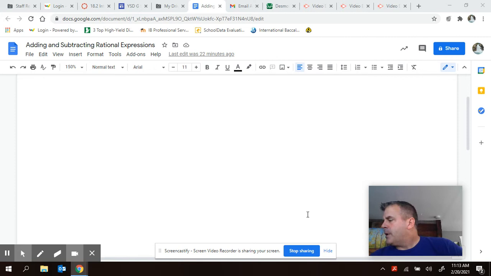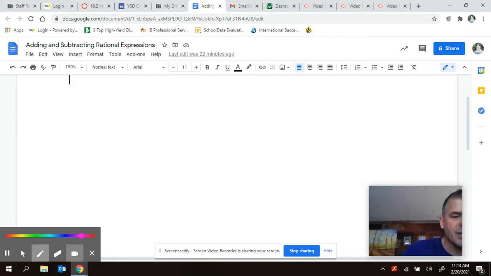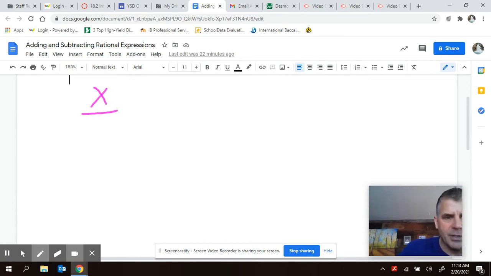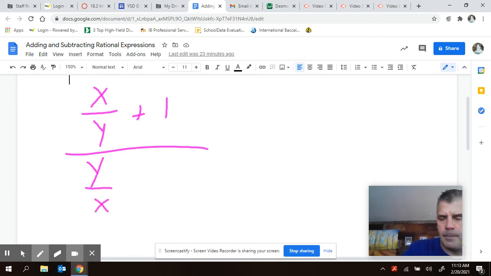So let's look here. In example 4 and example 5, they give you two different techniques. I'm going to show you one of the techniques, and then if you want to use the other one, you can look at it. This is actually the technique that comes from example 4. This is the way I like to deal with complex fractions. And so you have a complex fraction when you have fractions over fractions. This is what they present you with